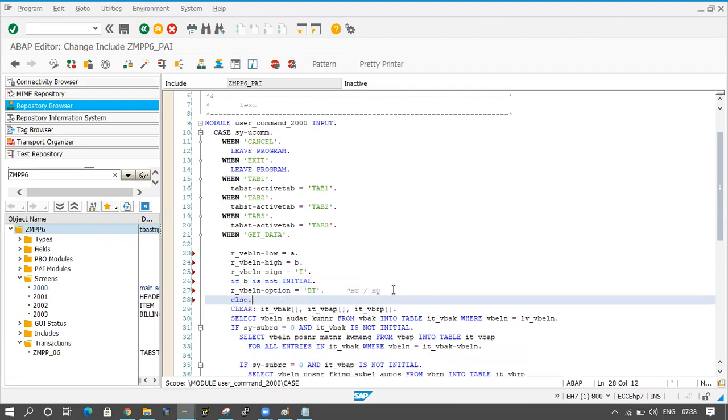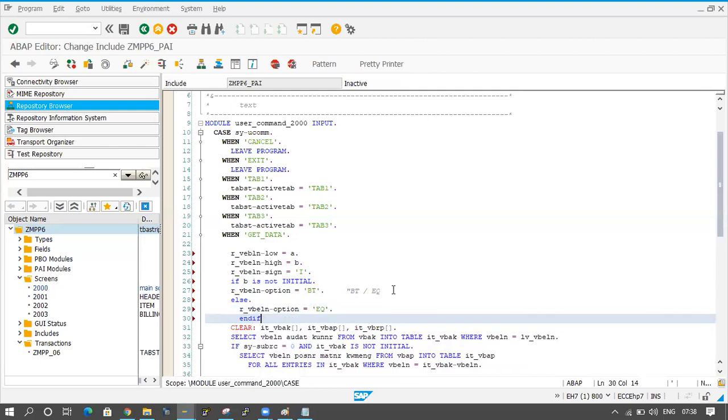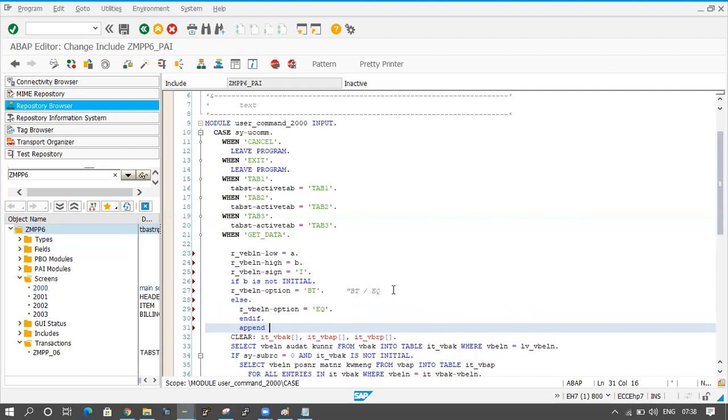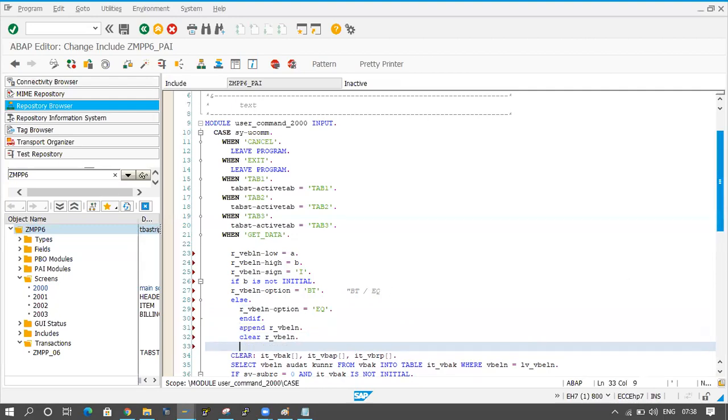Else R_VBELN-option, I will show you in the debugging how it will work, equal to will come. Append R_VBELN. Clear R_VBELN.